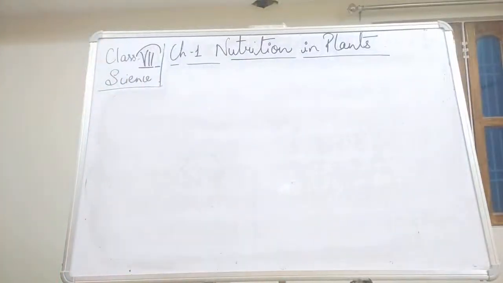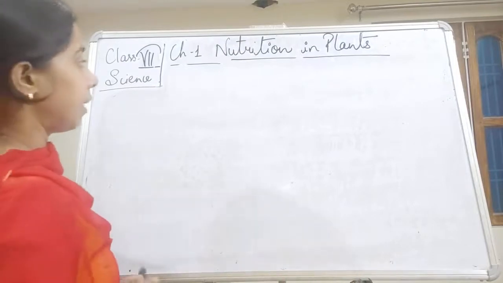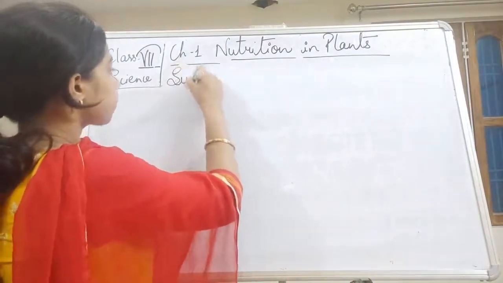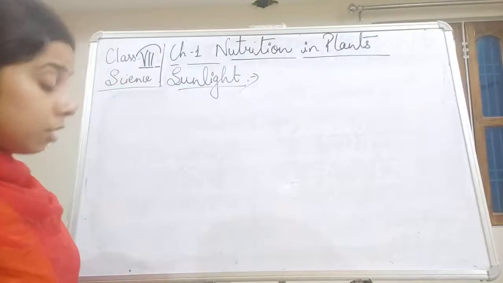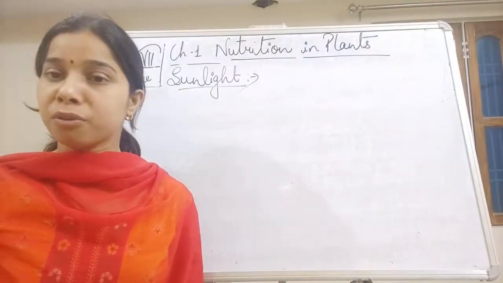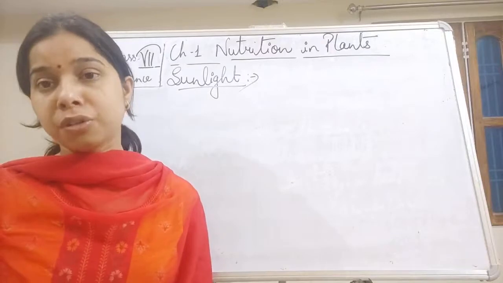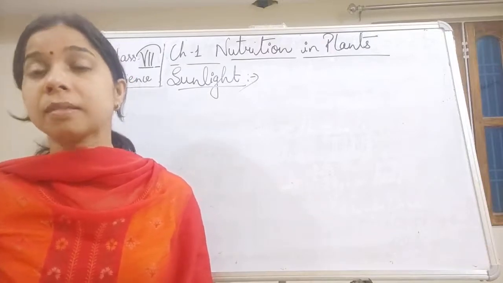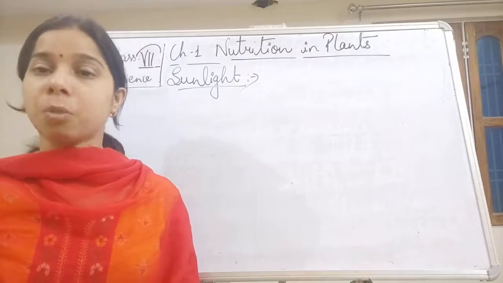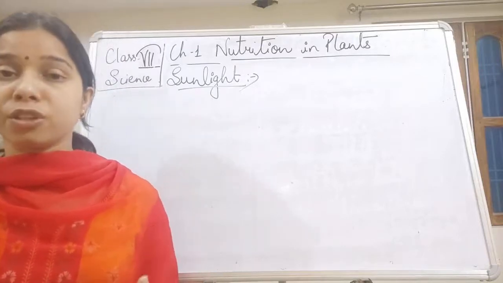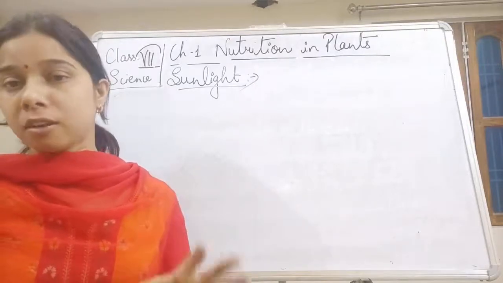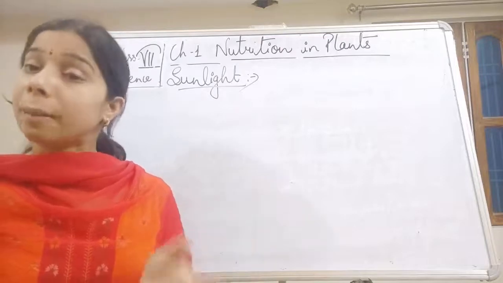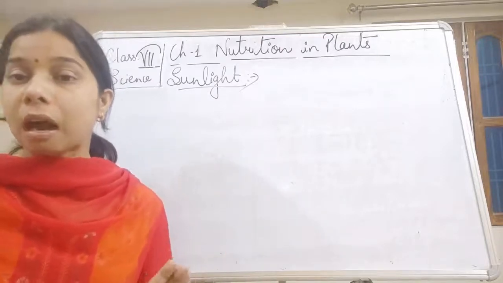So, we can write it here, student, the other one, role of sunlight. Sunlight plays a very important role in the process of photosynthesis since this energy is used in the formation of the food. Here what happened, this sunlight, this energy which is called solar energy, is trapped by the process and gets converted into the chemical energy that is stored in our food.